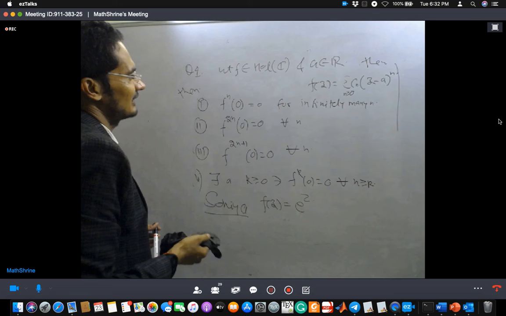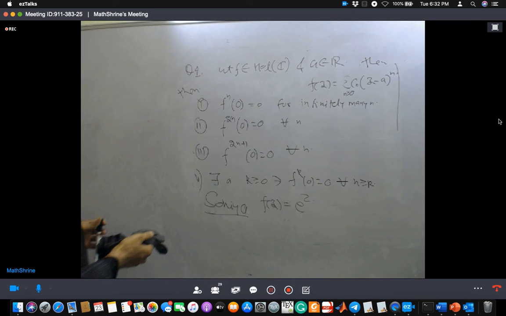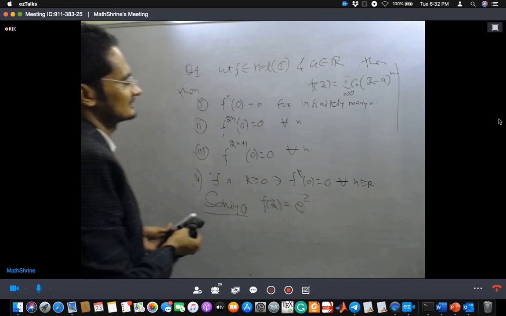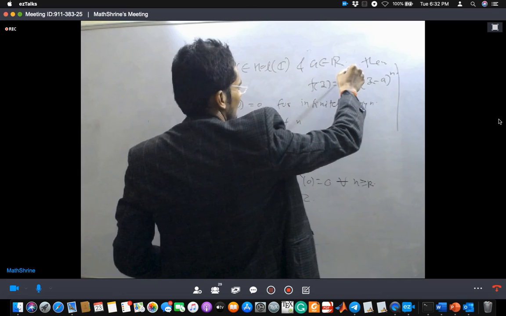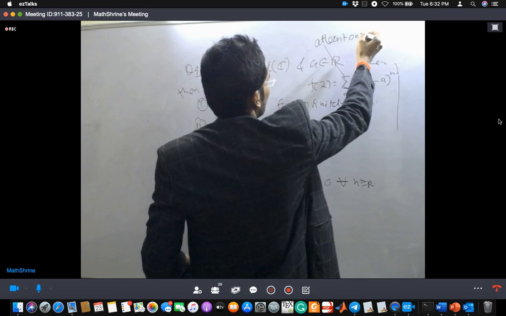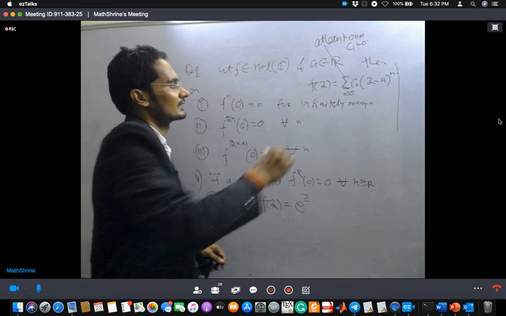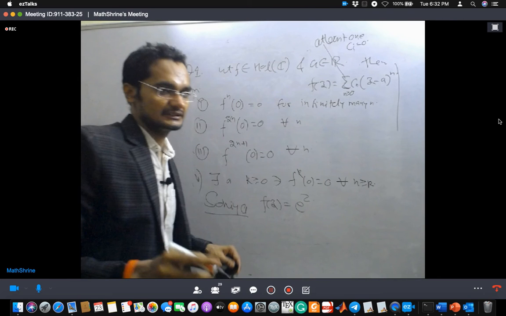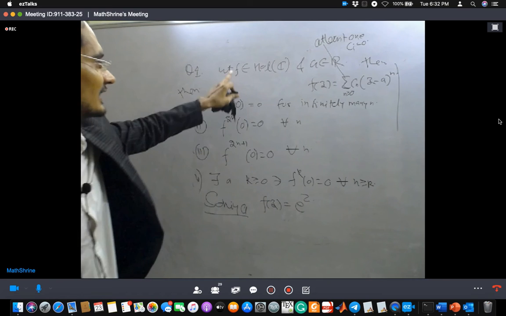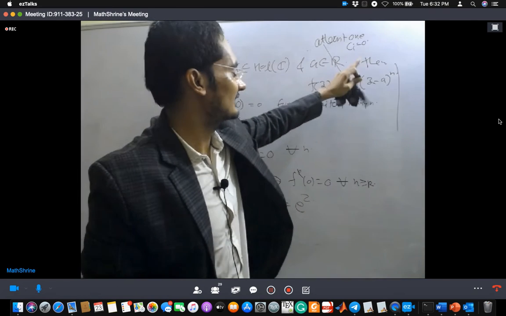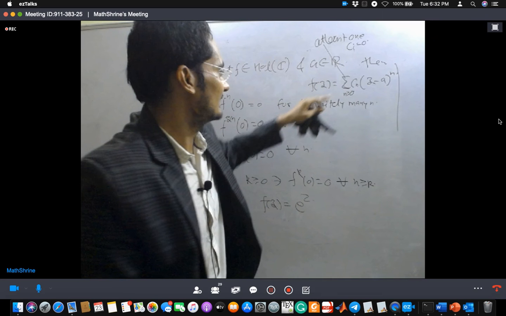Okay, so now I'm going to add at least one Ci is 0. The second question, the first question I gave you as homework. Now my second question is: f is holomorphic in an annulus A in R, right? Do not write them here, and then we should start from here. f(z) is equal to summation over c_n (z minus a) power n. Here the restriction is at least one Ci is 0.